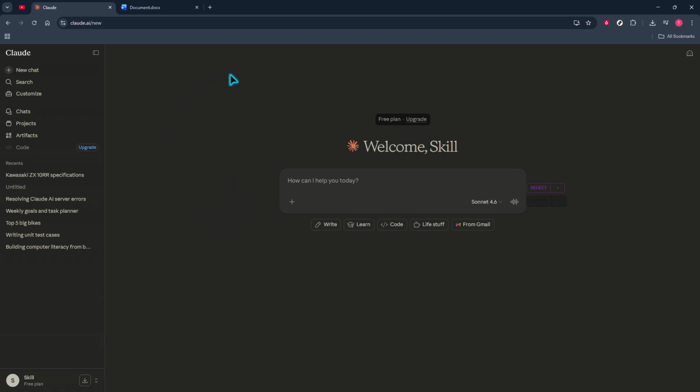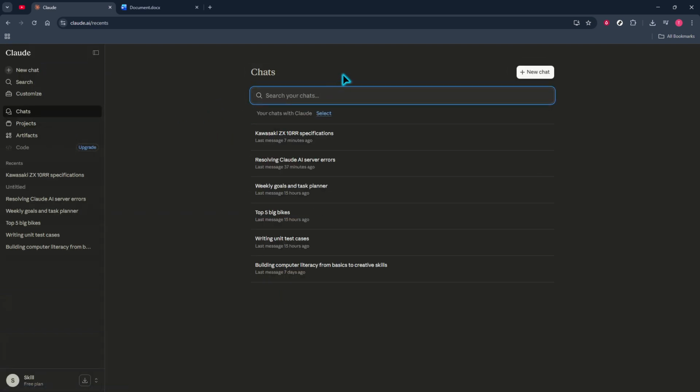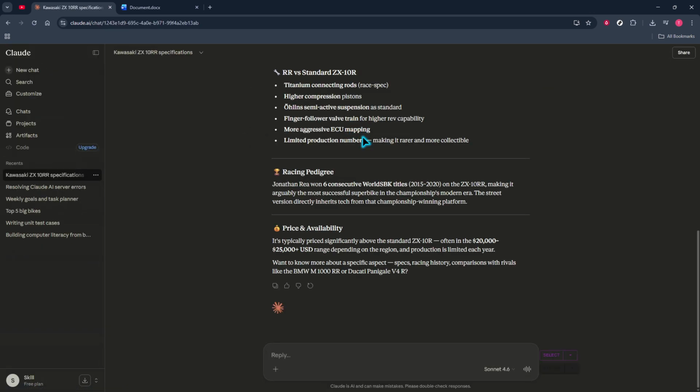Head over to the chats area. This is where you'll see your recent conversations and where you can access anything you've been working on. It also keeps things organized so you can clearly identify the exact content you want to move over. From here, either start a new chat if you need fresh content, or open an existing chat if the material you want is already there. Give the page a moment to fully load the conversation so all the text you plan to copy is visible